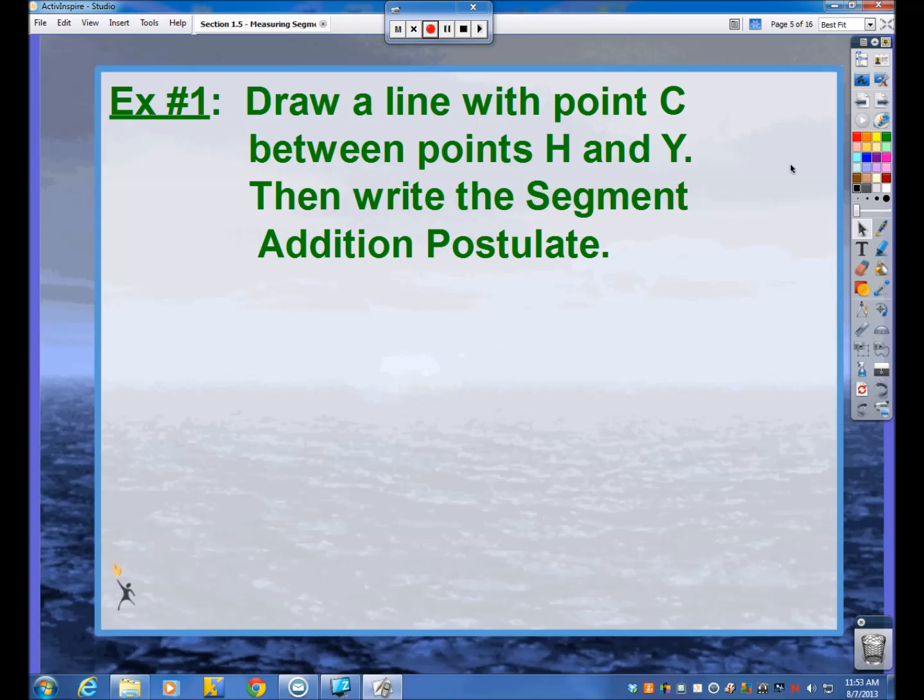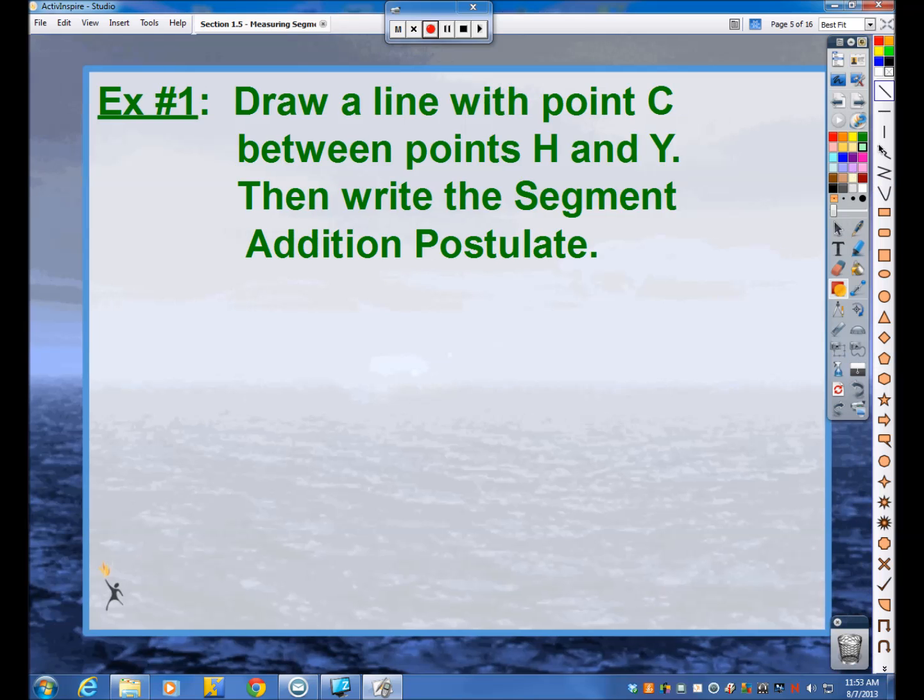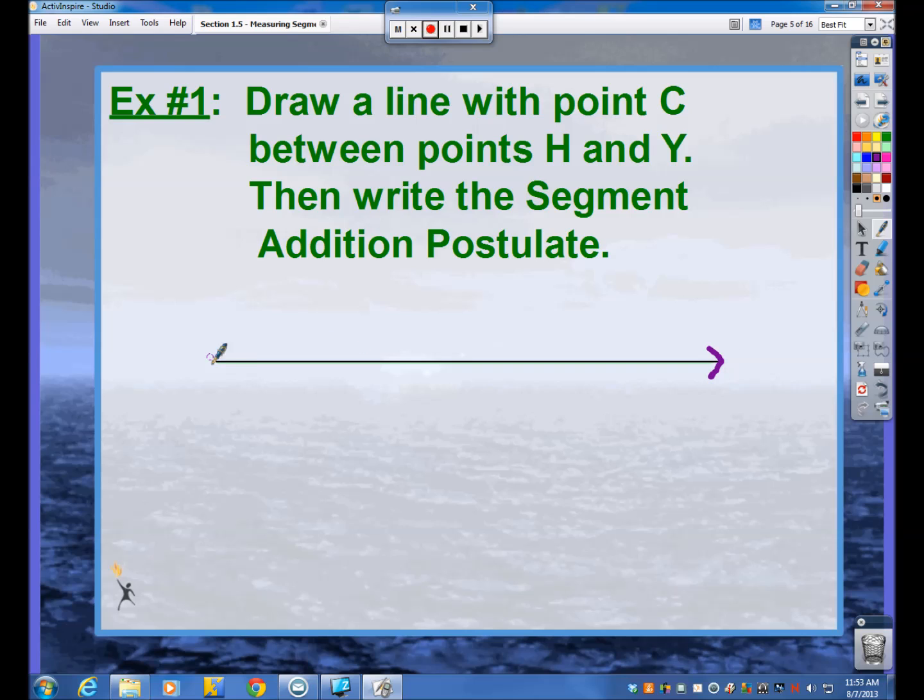We might have to say, well, we know that this segment plus this segment equals that segment because of the segment addition postulate. So if I wanted to draw a line, let's get a little darker color here. Say, here's my line, and to indicate that it is a line, I need some arrow caps. And I need to draw point C between H and Y. So let's say I just put C right here about in the middle. And then H and Y on the left and the right sides. And you could put the Y over here and the H over there. It really doesn't matter. And then write the segment addition postulate. Well, the segment addition postulate, again, basically said one little segment